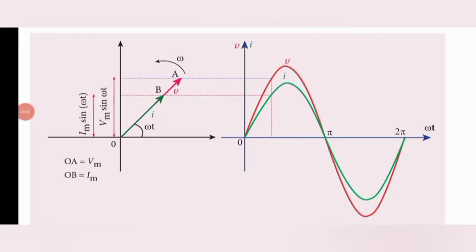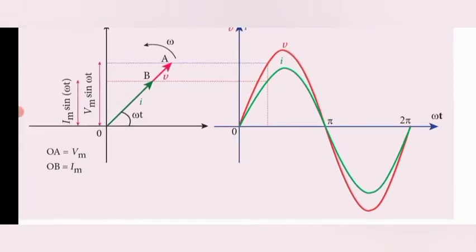So this is the phasor diagram. What can we conclude from this diagram? The current is in phase with the applied voltage. The voltage and the current values are in the same phase, so there is no change in their theta value. Here we have to compare the two waves.